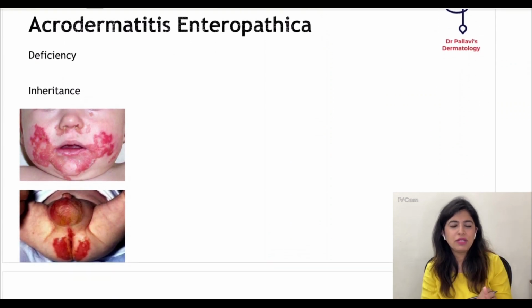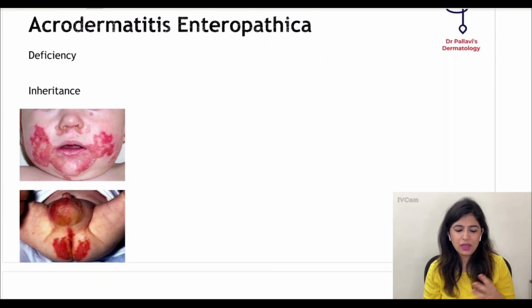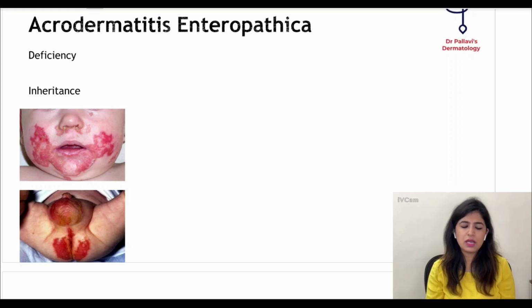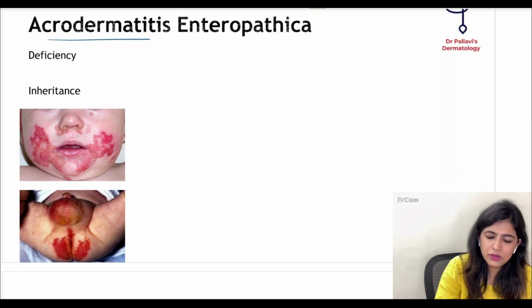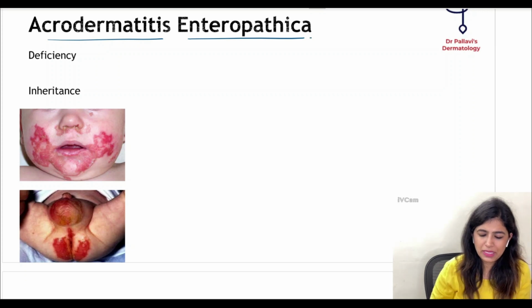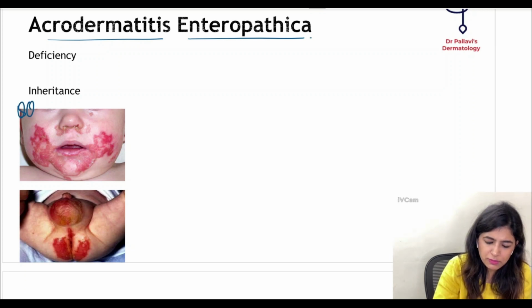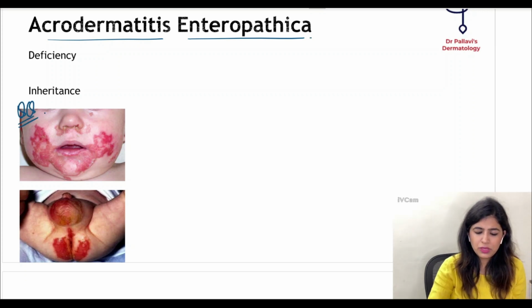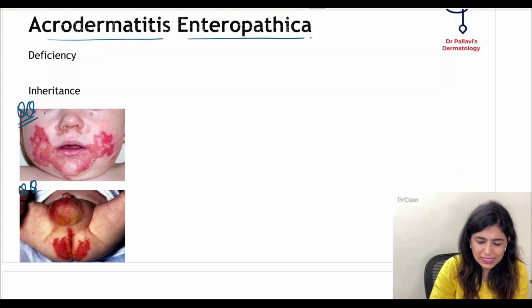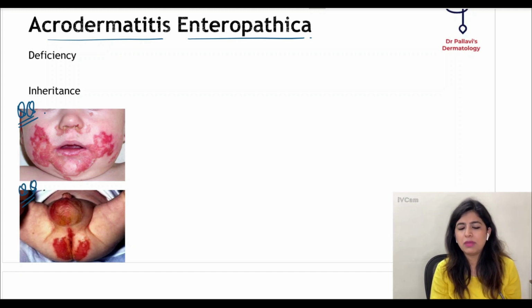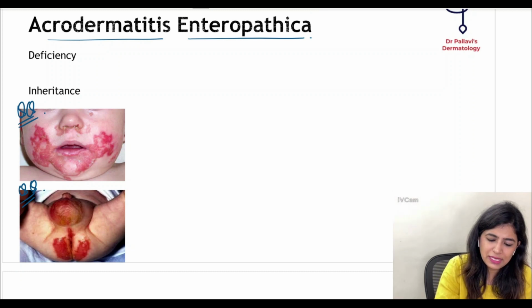Presence of erosive lesions in the perioral area and the groin. The answer to that is Acrodermatitis enteropathica. Okay, very important image-based questions. Both perioral as well as the perineal area can be involved. Deficiency, tell me. Zinc. Inheritance,